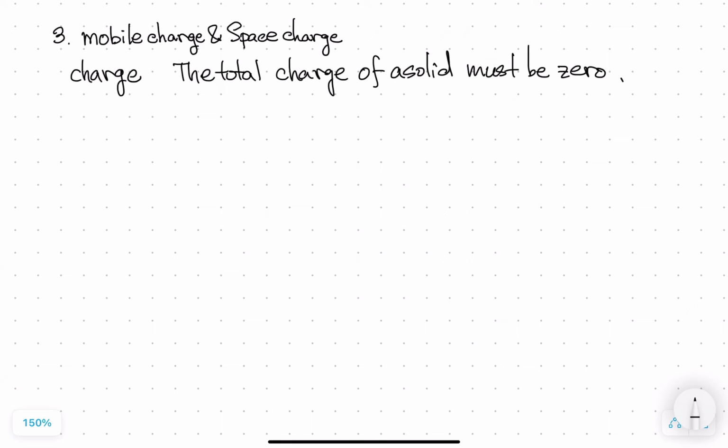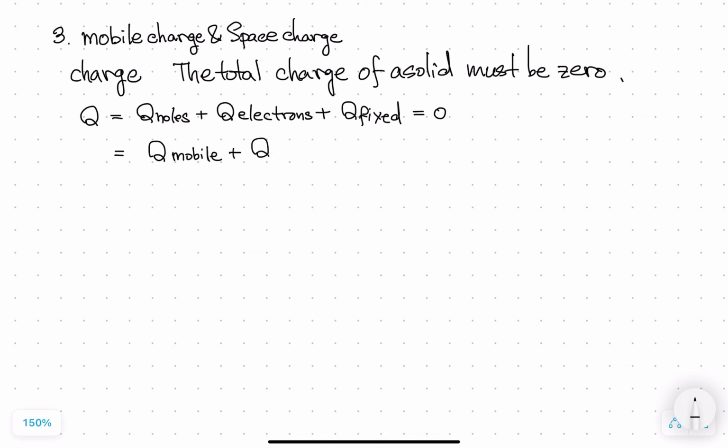Let's write this out step by step. The total charge, Q, in the material comes from three parts. Q holes plus Q electrons plus Q fixed equals zero. In other words, we say Q mobile plus Q space equals zero. Q space is just another word for Q fixed, and Q mobile is the sum of Q holes plus Q electrons. Now from electrostatics, we know that Q equals